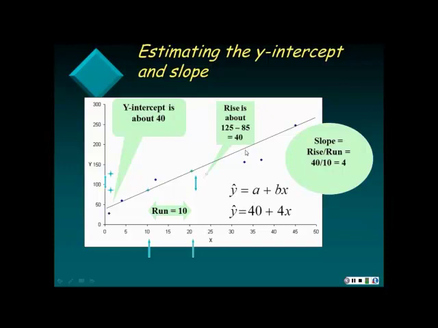Be a little careful about this because our x's went from about 0 to maybe 45 or so. If I asked you to make a prediction for x equal to 100, you shouldn't do it because our line is only good for the domain of x values that we have. It looks like close to 0 up to around 45 or 50. What happens to the line after we get to about 50? It could